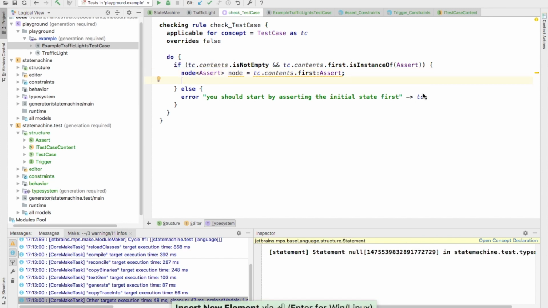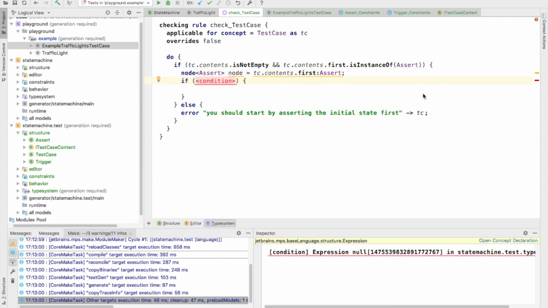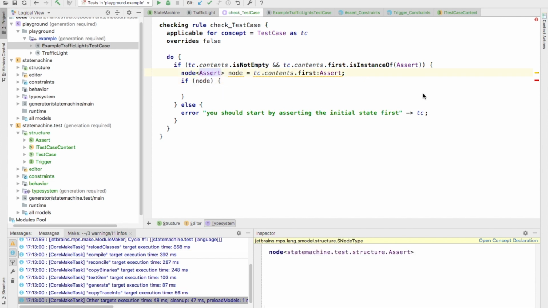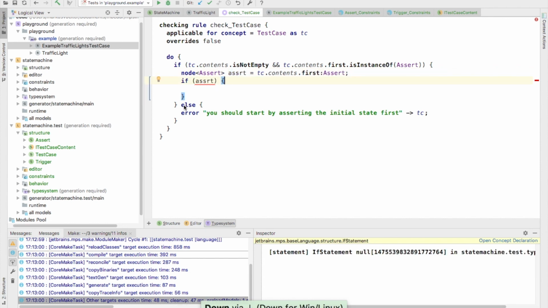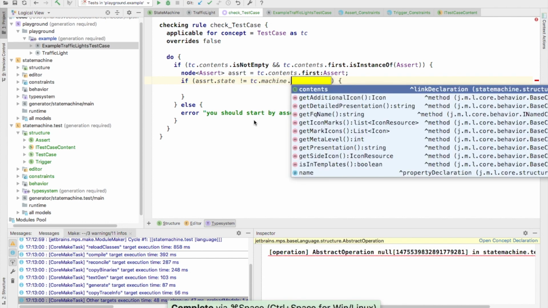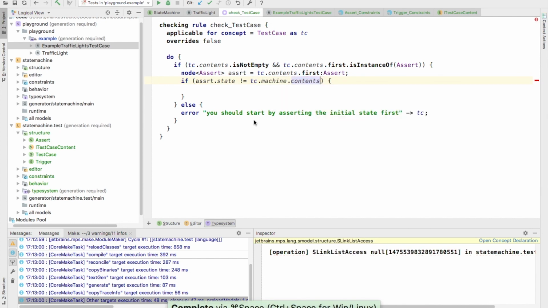Let's make it a good variable, s. Assert, can't use the keyword in Java, s would have been better. Anyway, if assert.state is not the test case's machine's initial state, so we grab all the states,